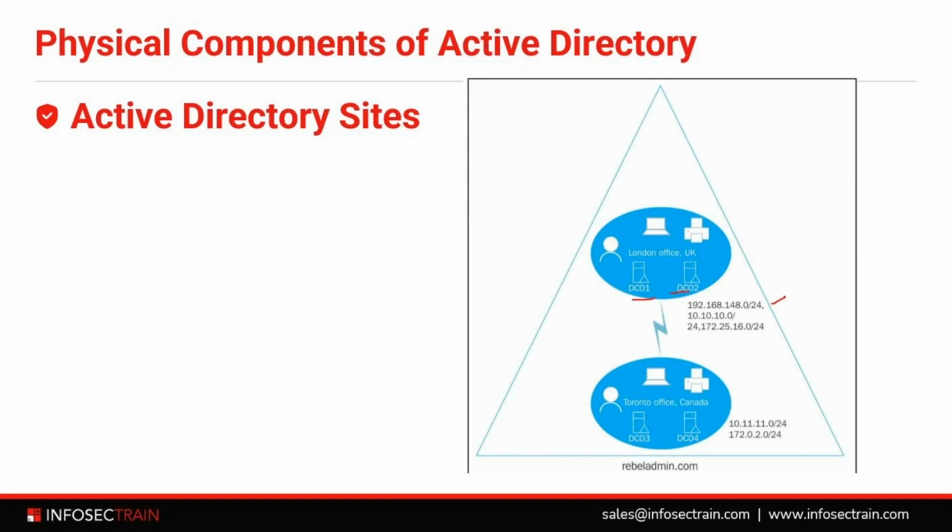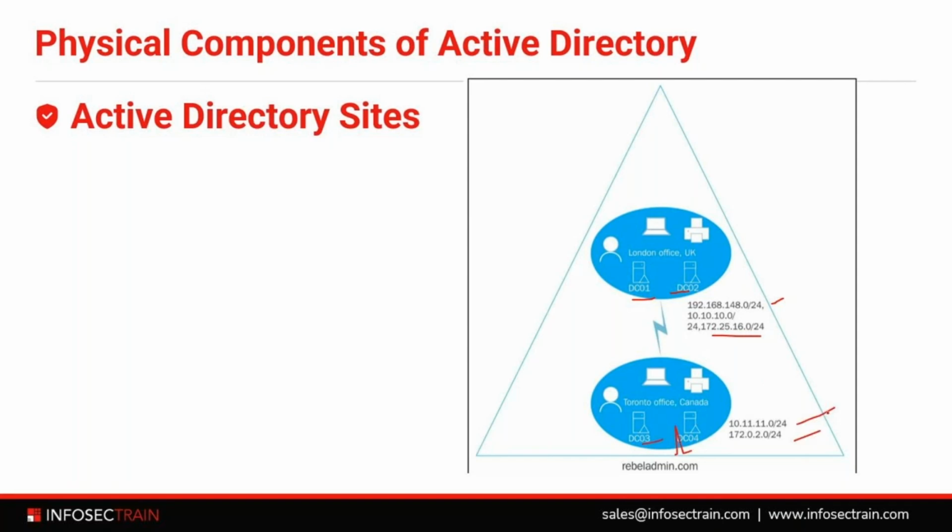And the IP addresses are 192.168.148.0, and then 10.0.0.0/24 and 172.25.16.0/24, right? Now due to business requirements, the company opened a branch office in Toronto, Canada. So it got its own domain controllers, right? Which are DC03 and DC04,